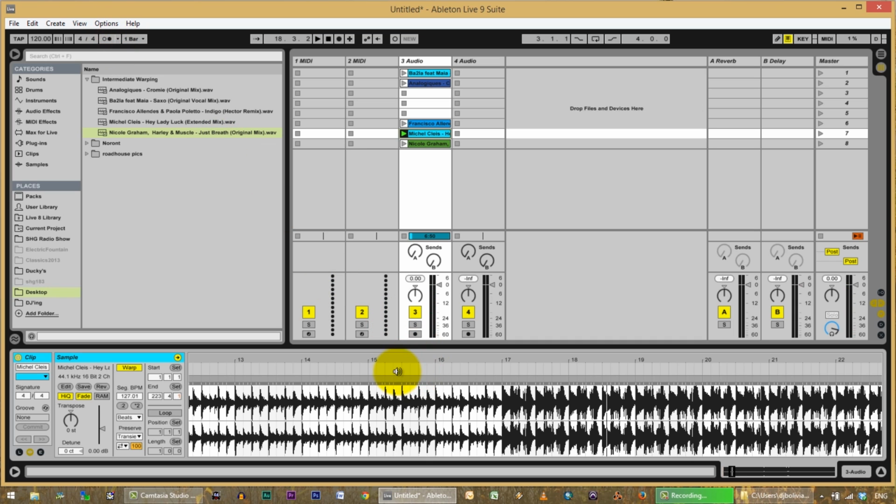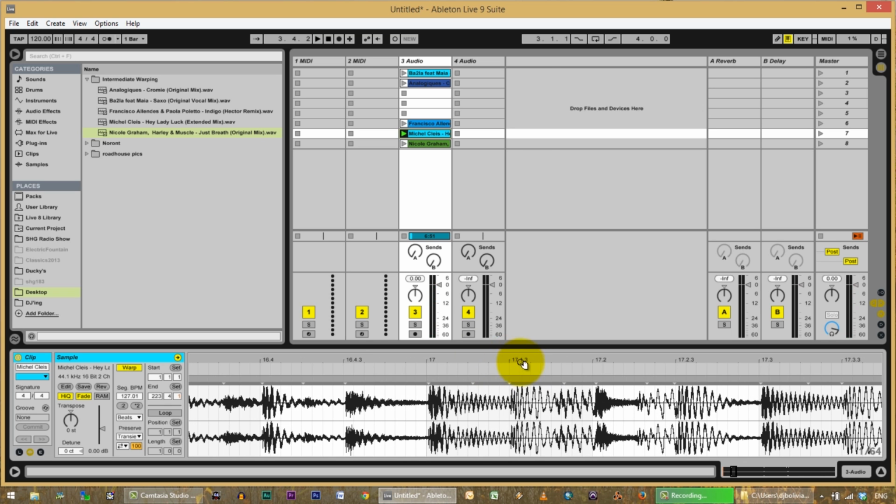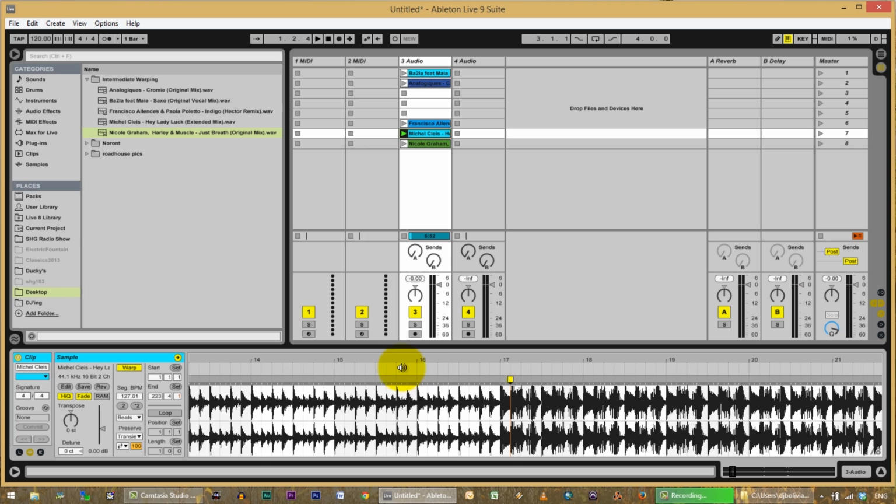Okay, that doesn't sound quite right to me. Oh, that's odd. Let's play this once more. See, that, to me, sounds like that should be where the downbeat is.